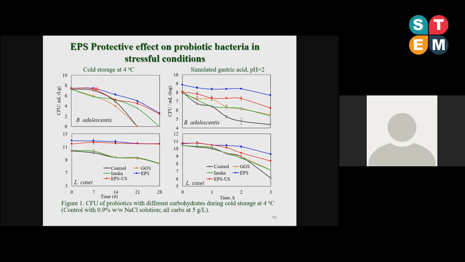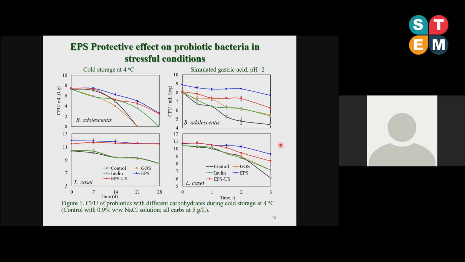So you can see that the blue one shows the bacterial culture supplied with EPS. We also have others, like the GOS, the oligosaccharide. Obviously, with the EPS, you can see the blue one, for most of the bacteria the viability can be sustained for much longer. So our results show that the EPS can protect the bacterial cell, the bifidobacteria and the lactic acid